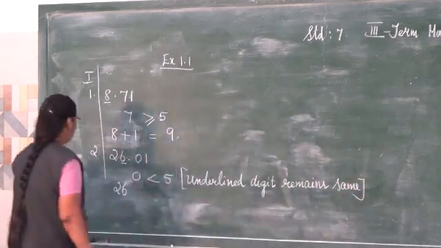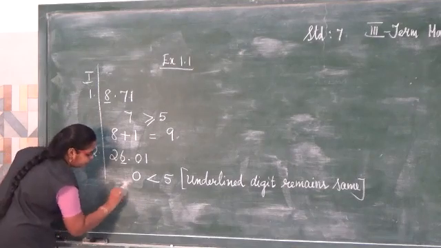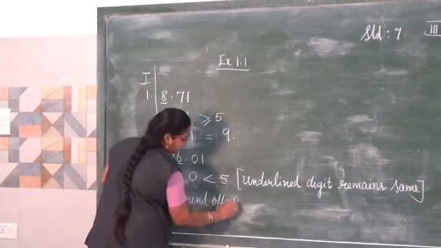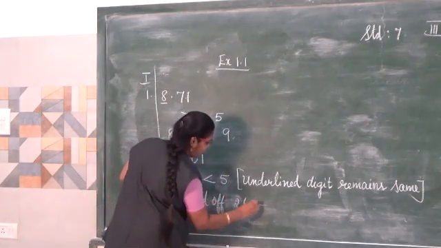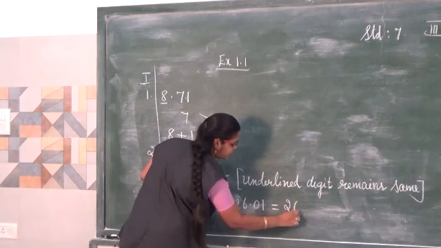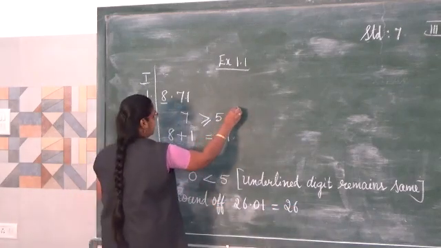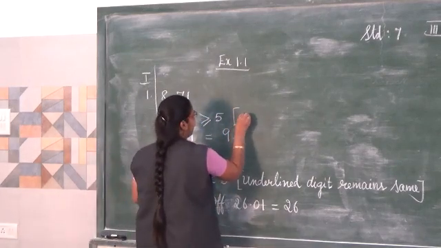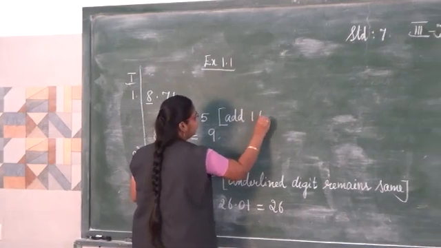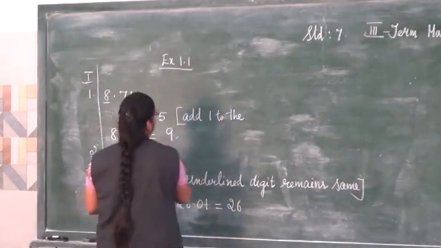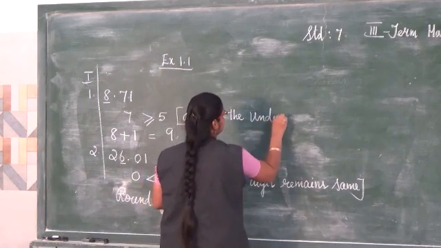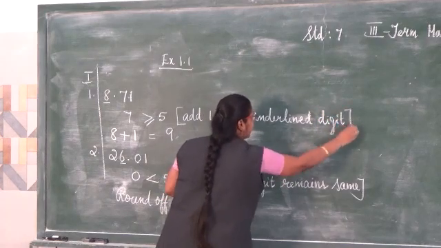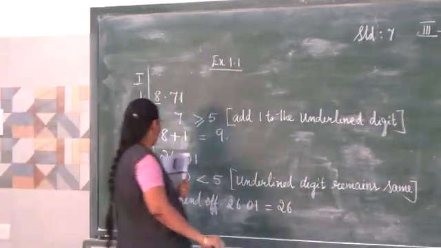So round off 26.01 is equal to 26. Here, if it is greater than or equal to 5, we have to add 1 to the underlined digit. So this is the way you have to solve. So the third one,